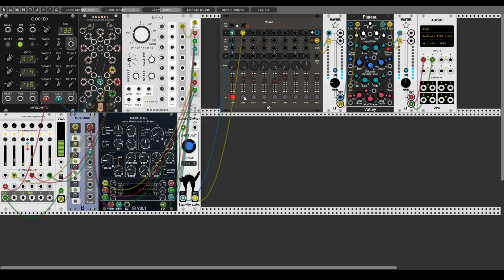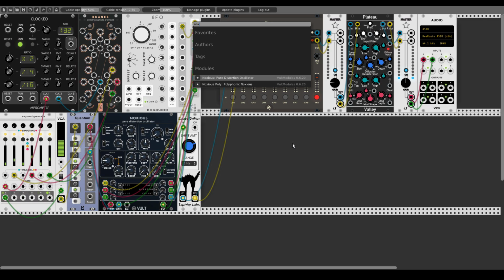Let's see, let's connect directly from the oscillator. So this is the original, and this is after the shifter. It's a bit wider, more movement, and now we have a nice moving sequence. Okay, so now we have a nice moving sequence, and let's use also the polyphonic version of the oscillator.